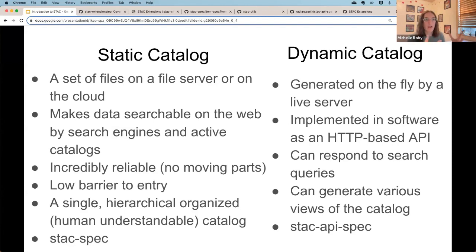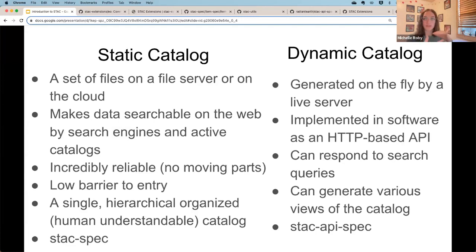So a static STAC catalog is going to be the description we've been looking at with the catalog and the collections that has that hierarchical distinction. It could be on a server or on the cloud, or it could even just be on your personal computer. It makes this data searchable on the web, if you're looking on a STAC database, and it's a lower barrier of entry to build a static STAC catalog, and it's not going to change.